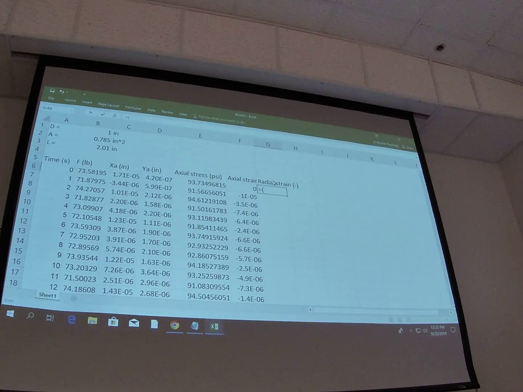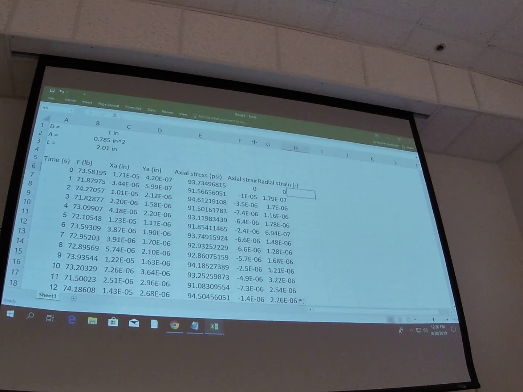Again, it's the change in length divided by the original length. In this case, the original length is that. Oh, I forgot to log that one. So that should be the bottom. So now we have